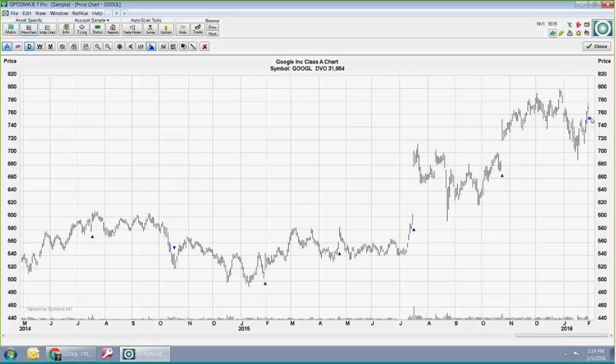So you can see there's one coming up tomorrow. Here was the last one, quite a big jump. Here was the one before that, quite a big jump. Before that, a little bit of a jump, but not very dramatic. Not dramatic like the last two. I think they're looking at these last two, and that's why they're pricing the straddle so wide.